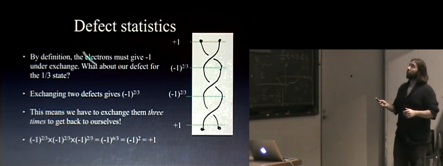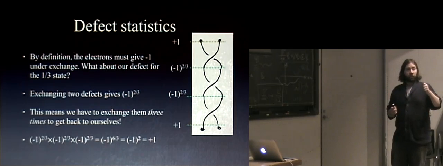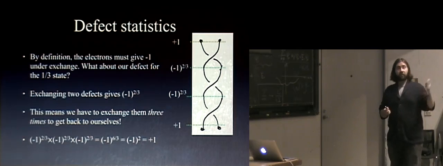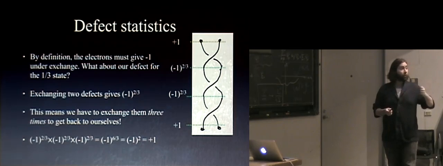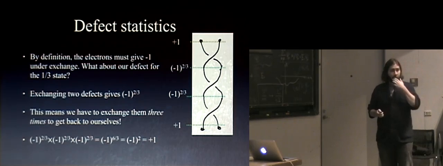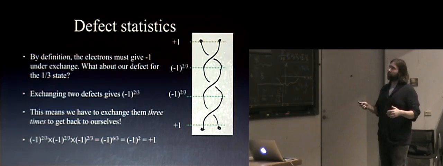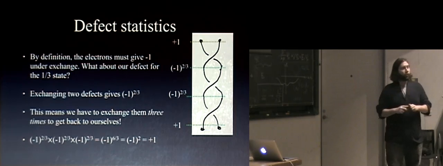So I can just ask, what about our defect? In this 1/3 quantum Hall state, we know that there exist these defects that have charge 1/3. And you can ask, what's the phase you get when you exchange them? You grind through the machinery of the calculation, and you get the following very strange phase. You get -1 to the 2/3,